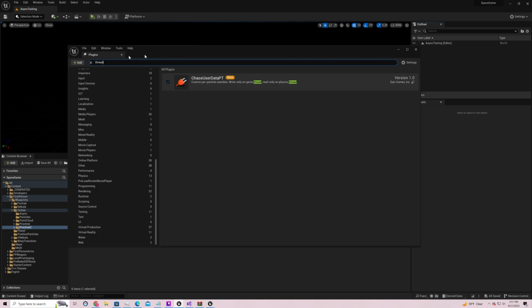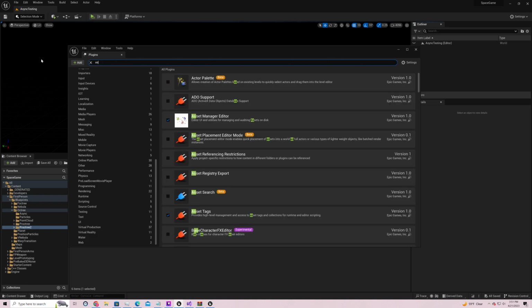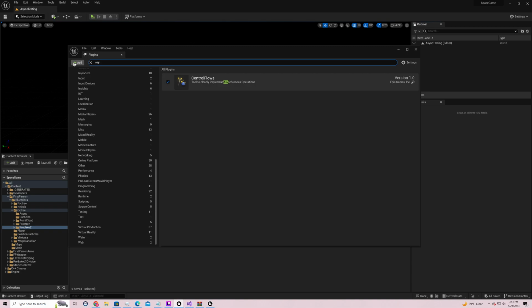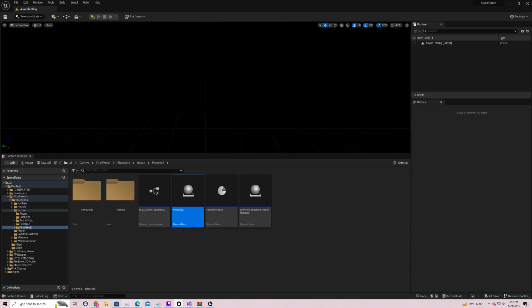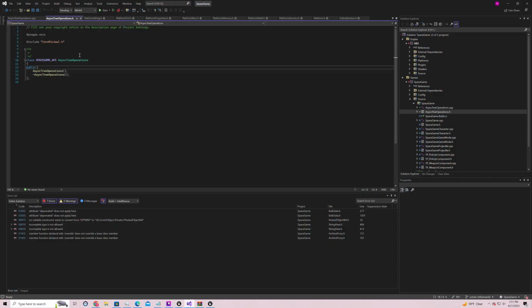Damn. There's really nothing, huh? So what's this control flow stuff? There's the API that we were looking for earlier. Perfect.